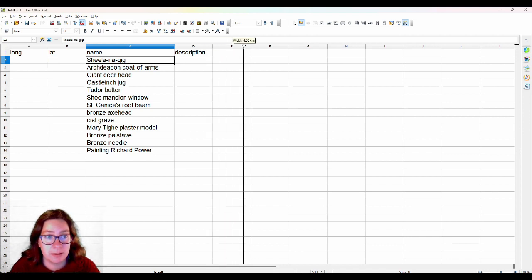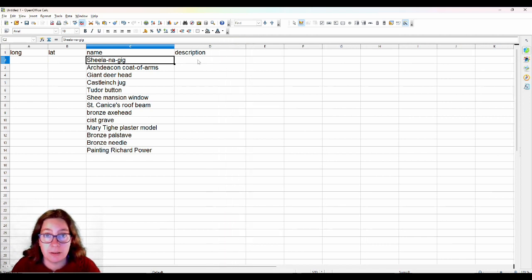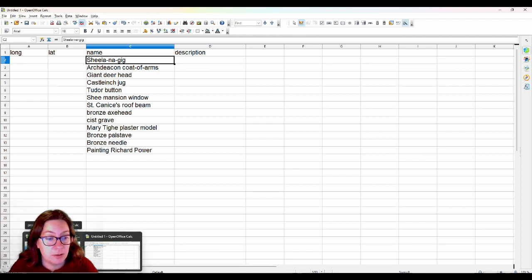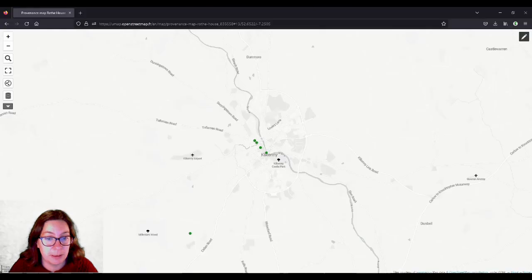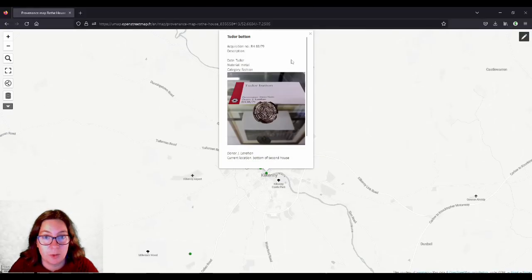And if you have a catalog in your little heritage group or in your museum, you can take most of this information from there. If you don't, then you'll have to find it in the literature, and hopefully someone has published something about these artifacts. So then the next, if I've shown you on the map, I'll go back to the map. So we have the acquisition number,